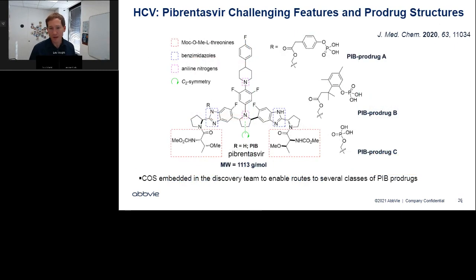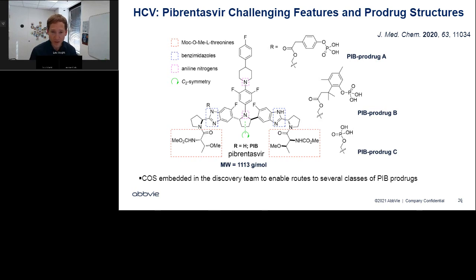So a heroic campaign to prepare many different prodrugs identified that alkylated benzimidazoles could be prepared and isolated as stable materials that contained a phosphate in a group that would come off once phosphate cleavage took place. So members of the group were embedded in this discovery team and really enabled routes to several classes of fostemsavir